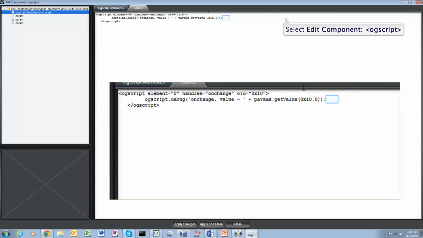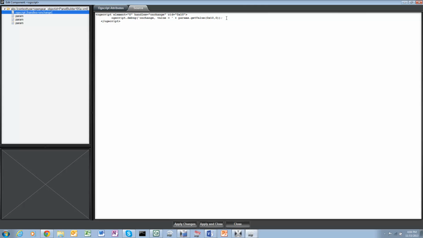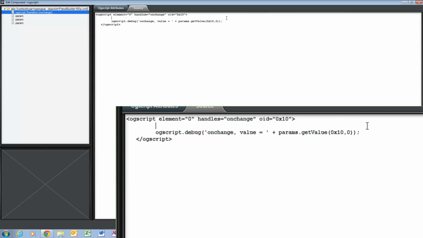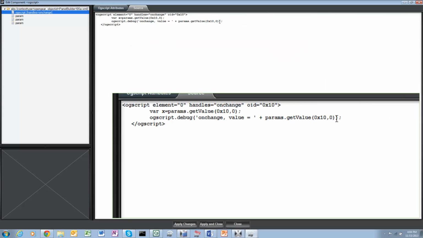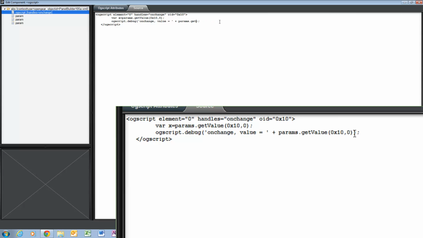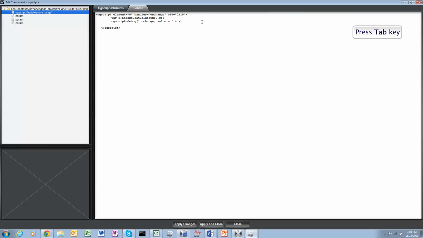and let's clean this up a bit. I'm going to use this value quite a bit, so declare a variable, call it x, and initialize it to params get value of x10, and then I can use x here in the debug message,